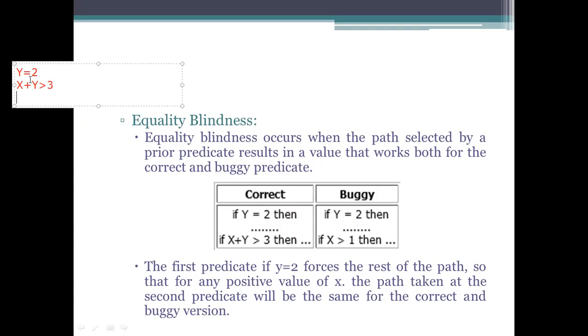Interpretation means you don't know the x value, we know the y value, which is 2. X plus 2 greater than 3. So whatever you are taking should be greater than 3. The y value already has its own value, so there is no need to create an interpretation for that one.